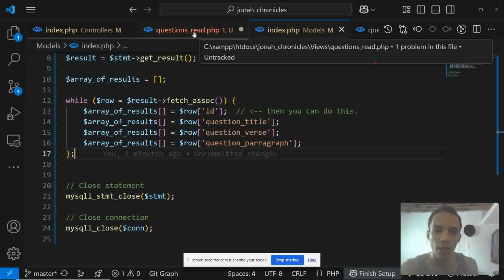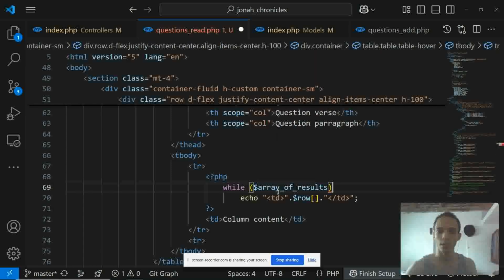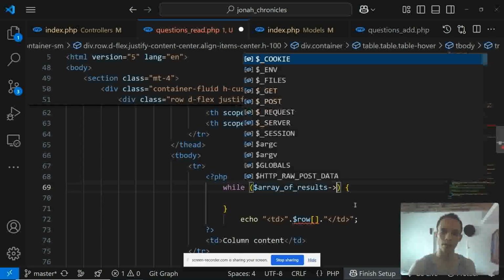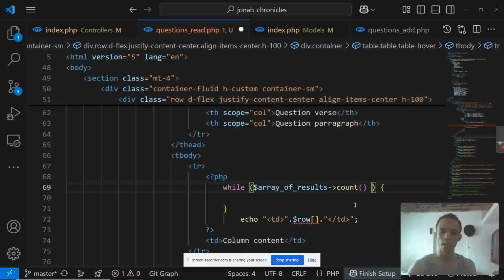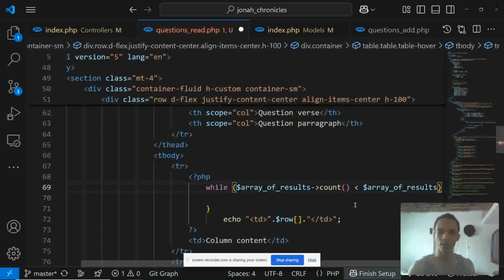I'm going to do the same, but instead of fetch assoc, I'm going to place the name of the array of results, and I'm going to say that while it is, let's say, count, if I am not wrong, while it is minor than array of results,